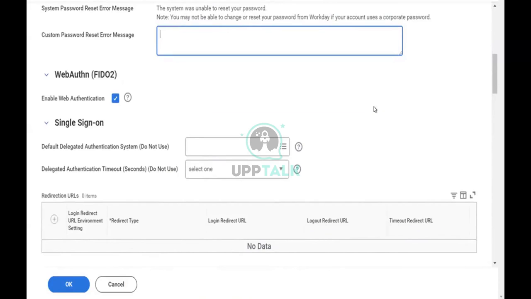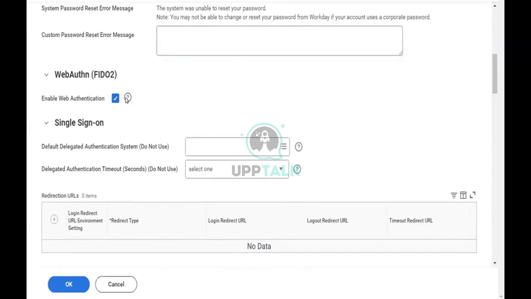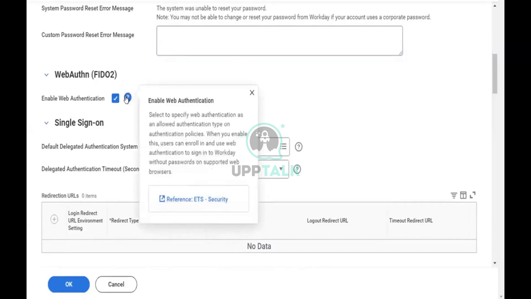Enable web authentication is on the security side. If you click on that question tag, you'll see more about it. Generally, when you're trying to access your tenant through Okta, or when you're logging into the tenant through Google Chrome,